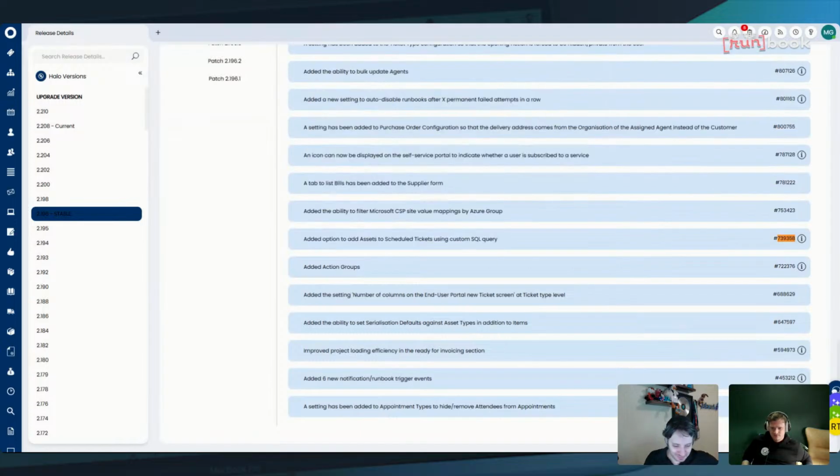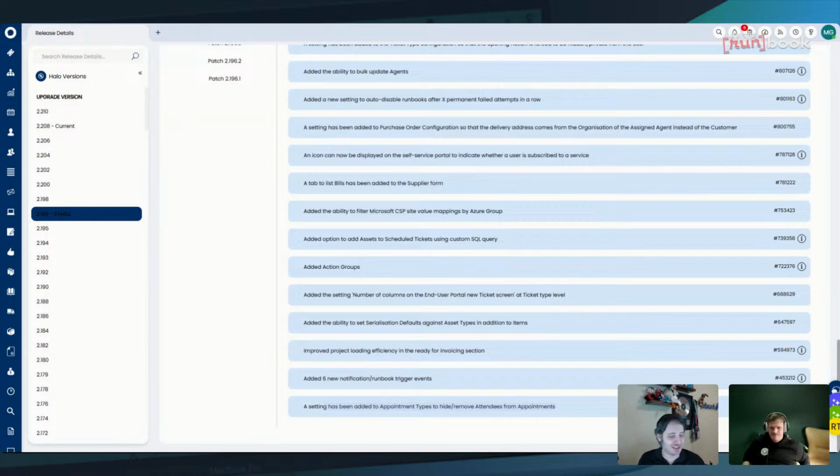What else do we have? Settings been added, appointment types, time retention point. Okay, so this is a fun one, I think, because people don't realize the ramifications of this. It's super useful. We have a problem with MSPs who make appointments expecting the appointment to be like an internal reminder. And then what happens is they get called from their client to be like, hey, we have